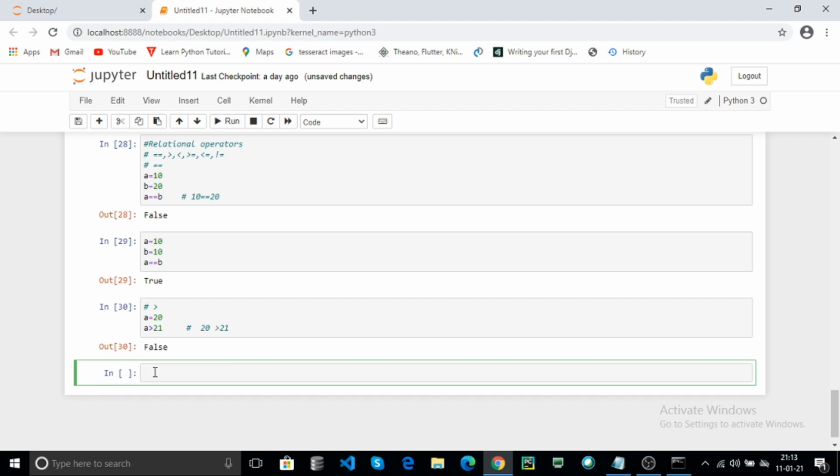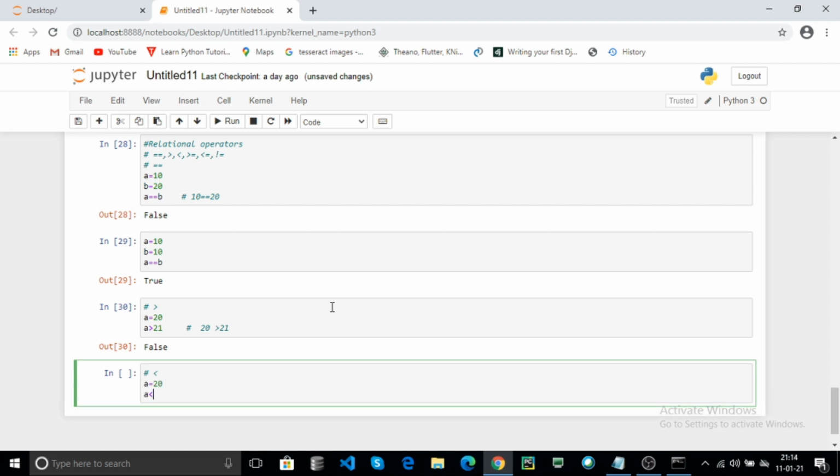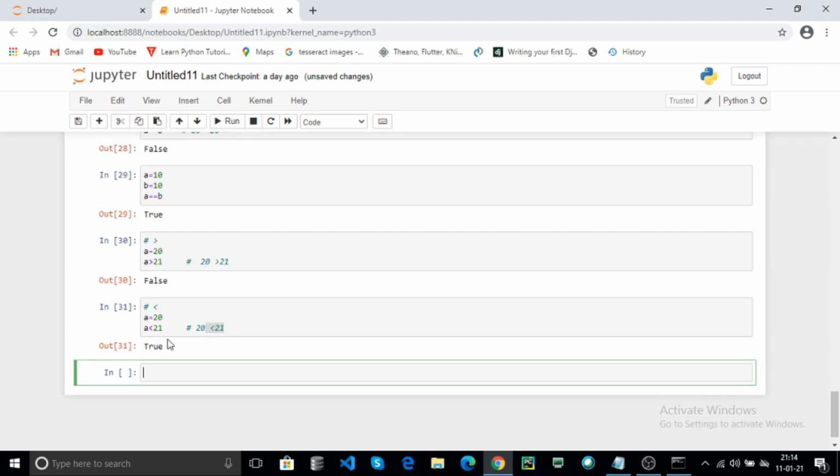Here you can use the less than. A equal to 20, A less than 21. Here 20 less than 21, this condition is true. It returns true.